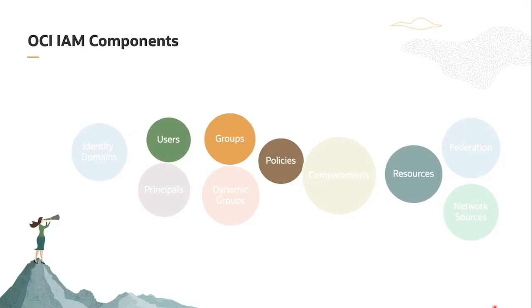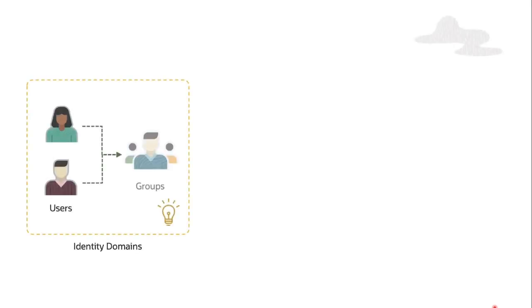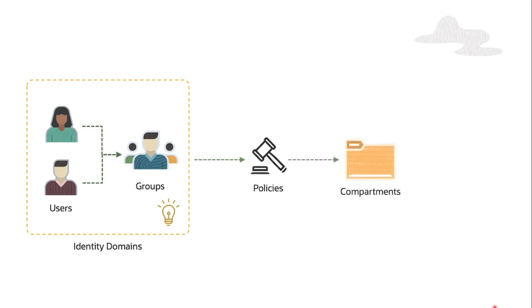of role-based access control. Well, what we do first is we create an identity domain. Then we create users and groups within that identity domain. And then we write policies to provide permissions to those groups. And policies are scoped down to tenancy or compartment. And of course, all our resources are available within compartment, where policy defines what permissions are set for resources in